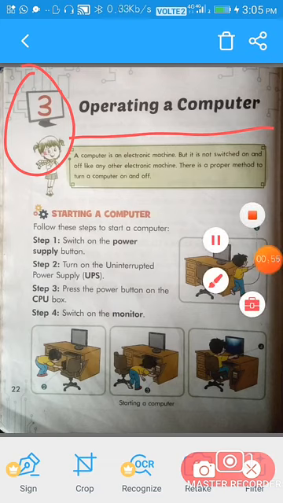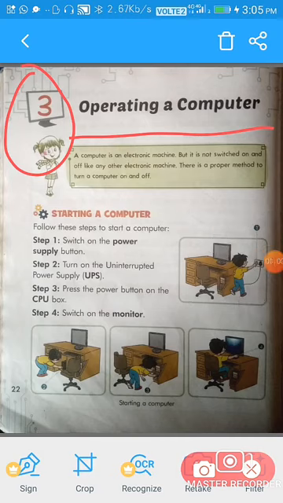A computer is an electronic machine, but it is not switched on and off like any other electronic machine. There is a proper method to turn a computer on and off.